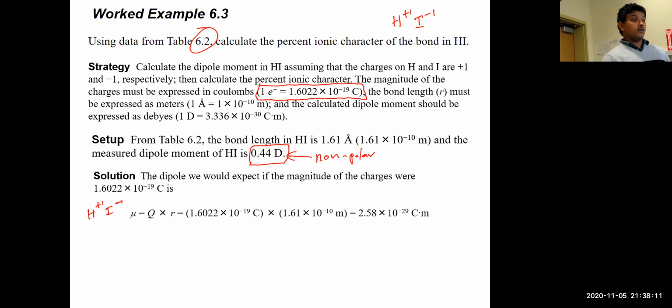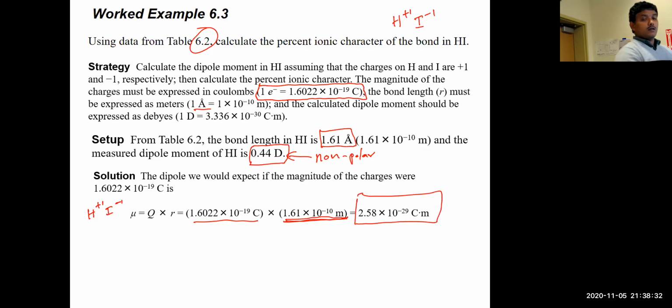It is a fixed value, so we are going to use it right away. And the distance between them is, let's say, 1 angstrom, or maybe it is 1.61, sorry, 1.61 angstroms. When you convert to meters, this is what you get. And when you solve Q times R, you get 2.58 times 10 to the power of -29 coulomb-meters,